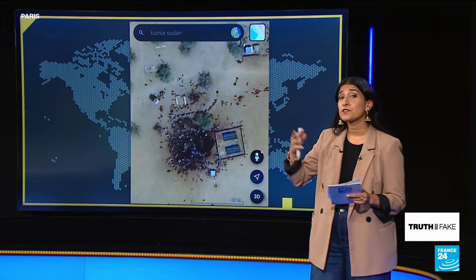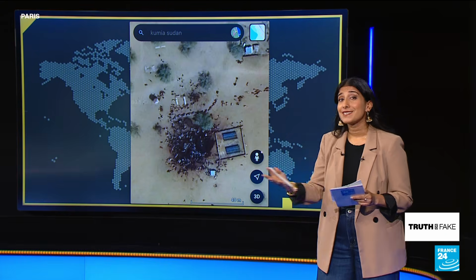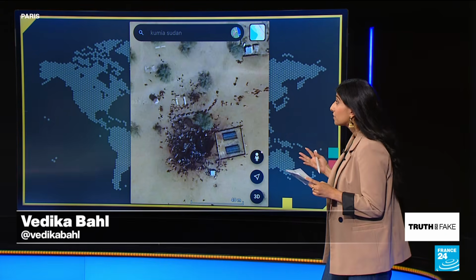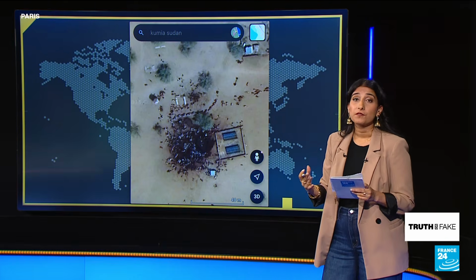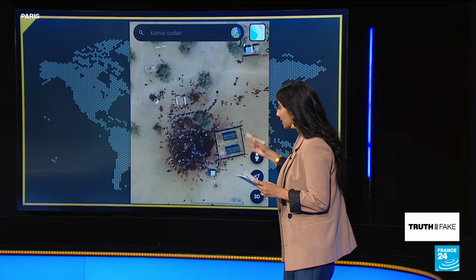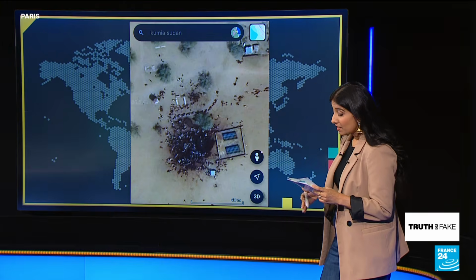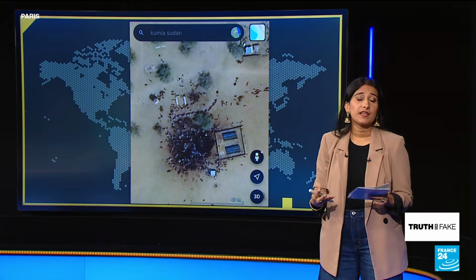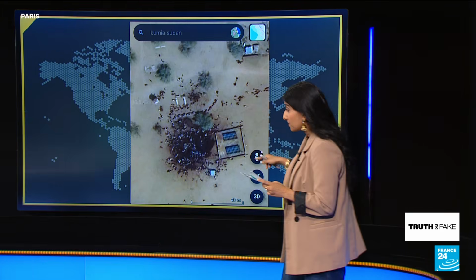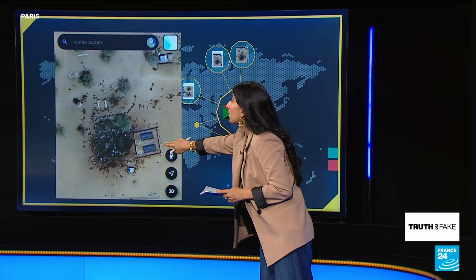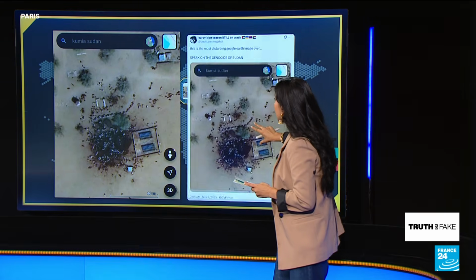Why is that? Well, that is the question, Jean Emile, and I'm going to answer it using this photo that has circulated en masse on social media. It's a screenshot showing the town of Kumio, which is located in the southern part of Sudan. We can see a large dark patch, a large dark stain in the photo, and it's implied online that this is where dozens of bodies are located, given the recent events in Sudan. Now, this photo was extremely viral on X. I can't understate that in any other terms.